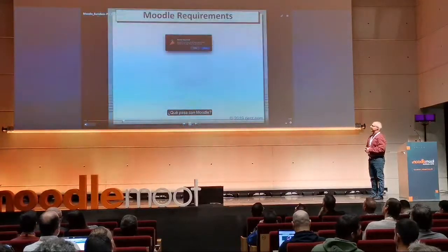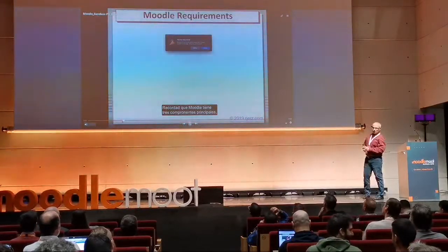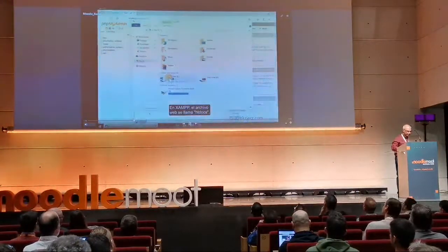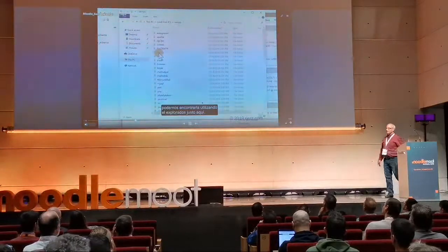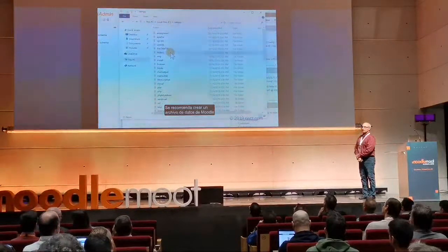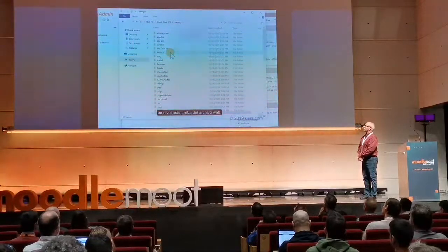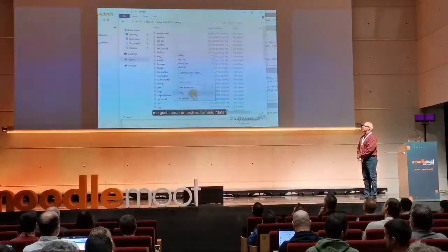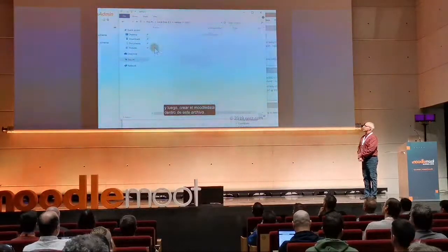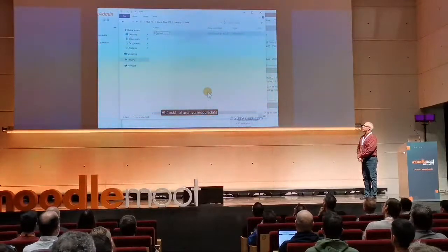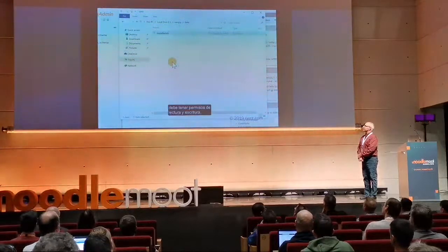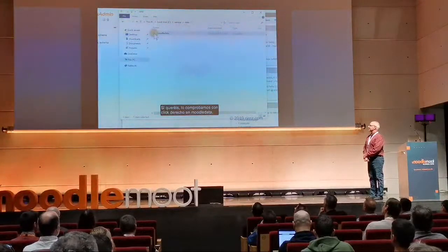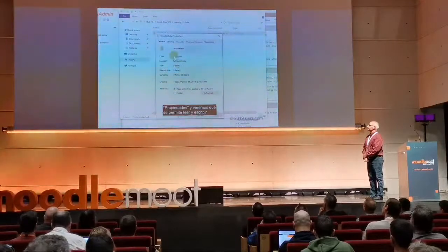How about Moodle? Remember that Moodle has 3 major components: a Moodle folder, a database, and the Moodle application. In XAMPP, the web folder is called htdocs. We can find htdocs using Explorer right here. It is recommended to create the Moodle data folder one level up from your web folder. To keep organized for future installations of more Moodles, I like to create a folder called Data, and then create the Moodle data within this data folder. There we go. The Moodle data folder must have read and write permissions. On our PC, we should be fine. If desired, we can verify this by right-clicking Moodle data, pick Properties, and see that read and write is allowed.